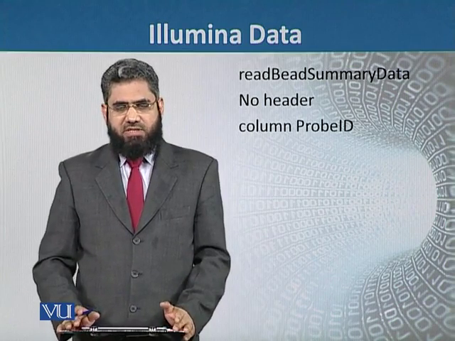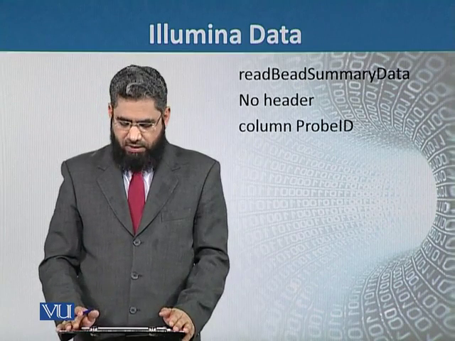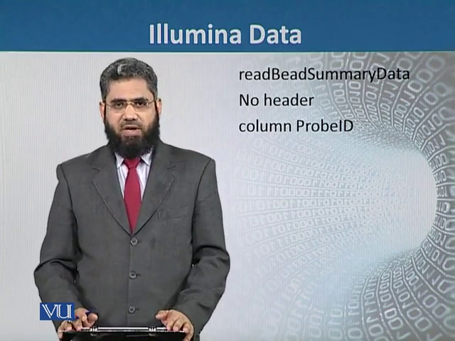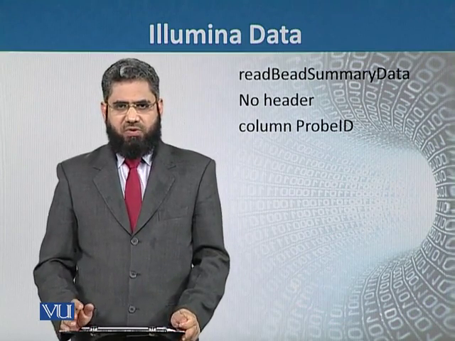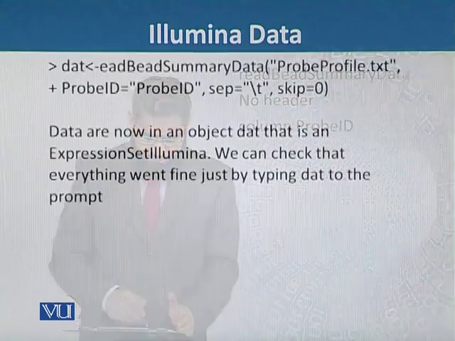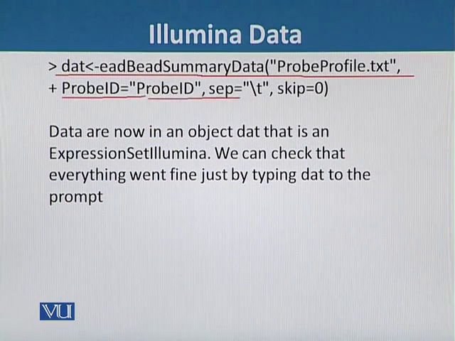Because this data is somewhat different from the Agilent and Affymetrix data, we have to use the column probe IDs to identify the different sets of data present in the Illumina. So the command is like this: data, read bead summary, probe profile. We have used probe IDs, and the probe ID is separated into different columns. We have to skip the 0 in the previous one. We have to skip 7,